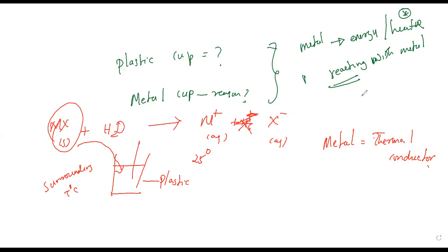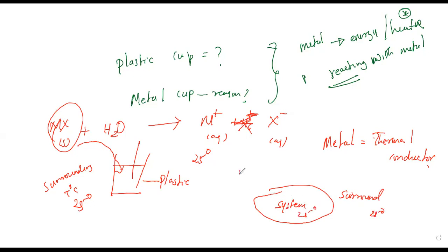Earlier it was 25 degrees Celsius, so your surrounding temperature will also be 25. So it's equal. Can you understand? You have to think of your system and surrounding like that. This cup, the water and the cup, is your system. Madam, then there is no difference, so they can use plastic or metal, anything. Earlier, system and surrounding are both 25, so there is no difference.